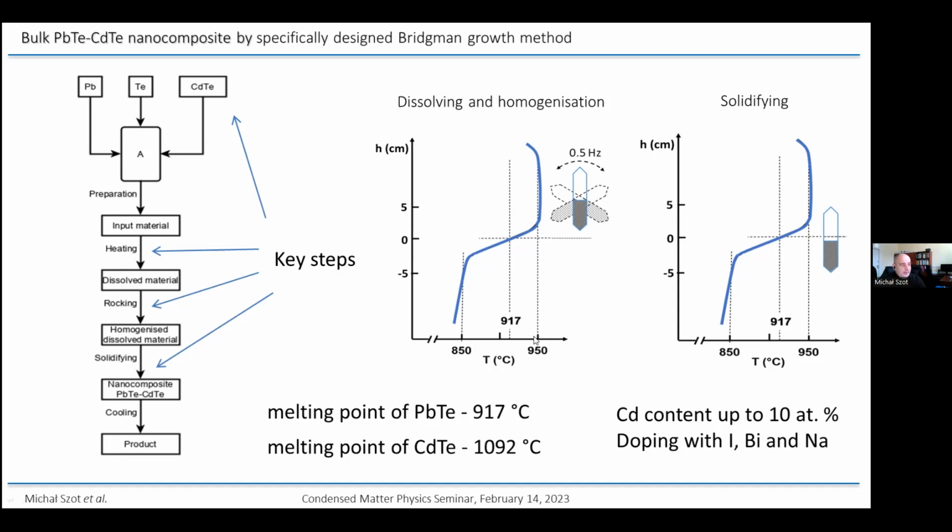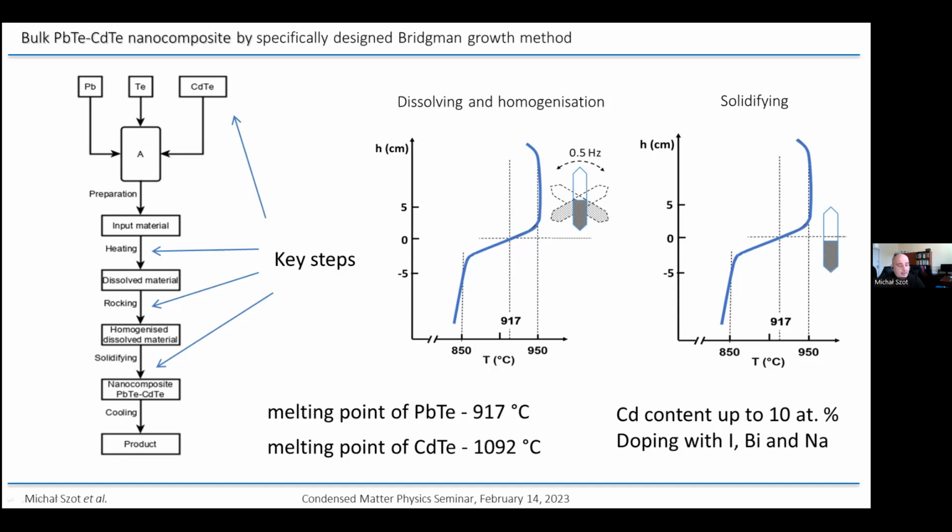After complete dissolution of the input material, the ampulla with this material is rocked with a frequency of about half hertz over 15 minutes, and then the next key step is to put it down, and fast crystallization takes place. Using this method, we can obtain samples with intentional cadmium content up to